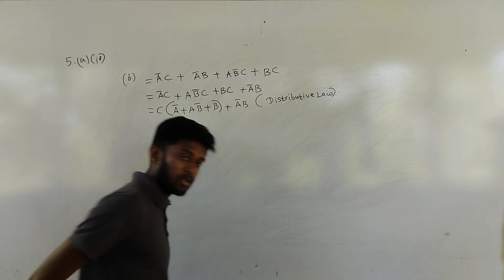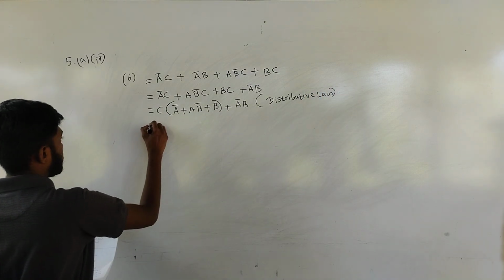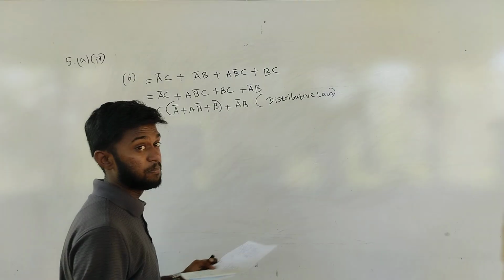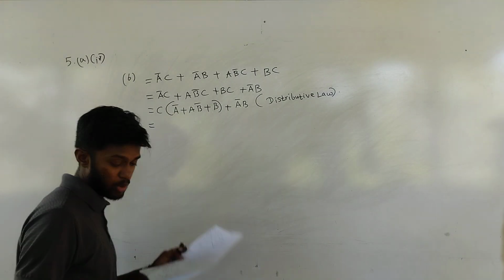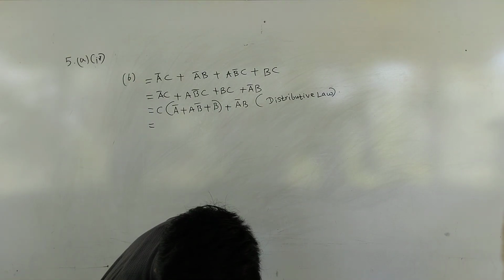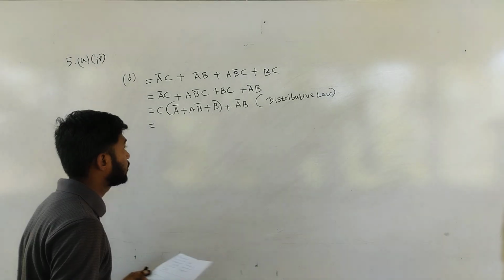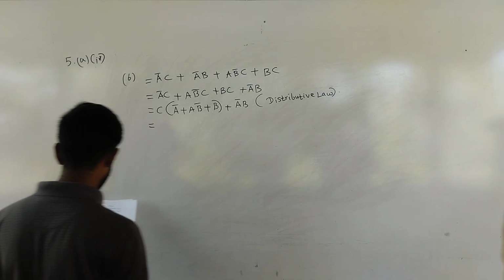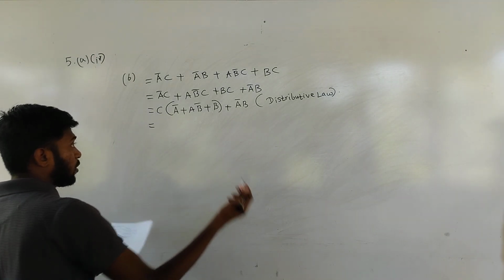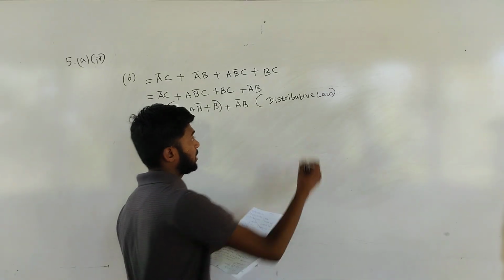Right. Now let's move to the next one. Next one, in the sense you need to simplify it and prove that, right? You have to prove that it is equivalent to c plus a bar b. Until that you need to keep on moving. So now you know we have learned a law called redundancy law,